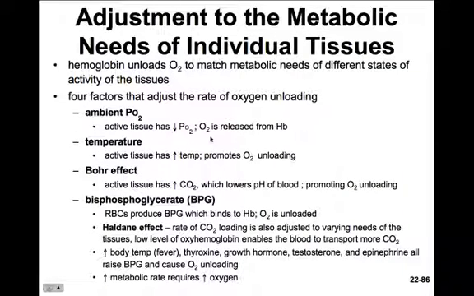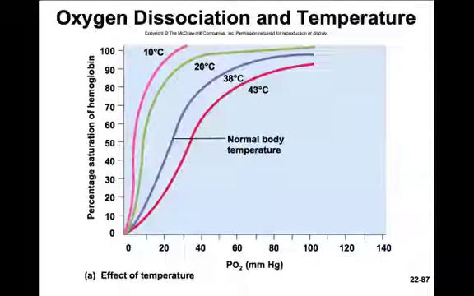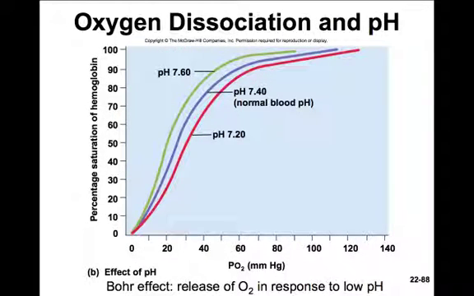The Bohr effect has to do with pH. Active tissue has a higher concentration of carbon dioxide, as we've seen that bicarbonate buffering system generates more hydrogen ions. The more hydrogen ions will lower the pH of the blood. As the pH of the blood is lowered, the oxygen dissociation curve shifts again down and to the right. You can see here, at a slightly lower pH,